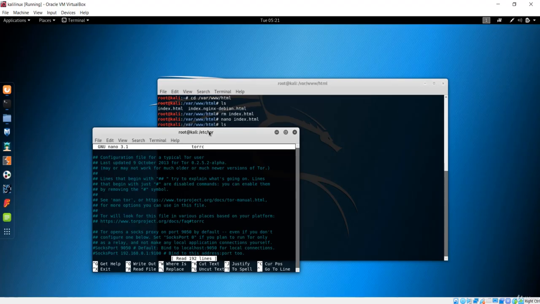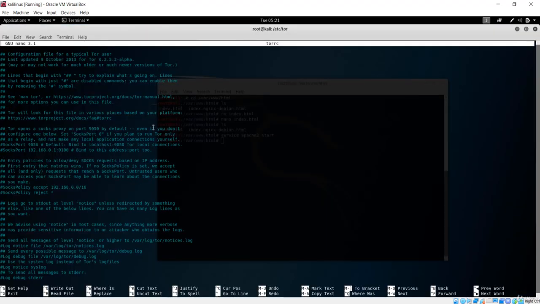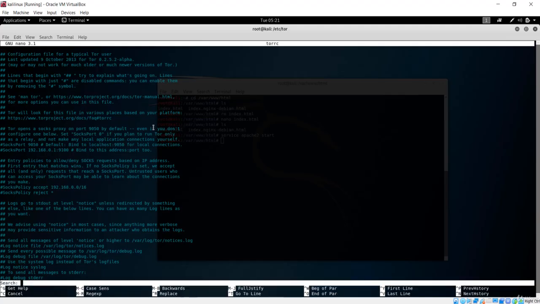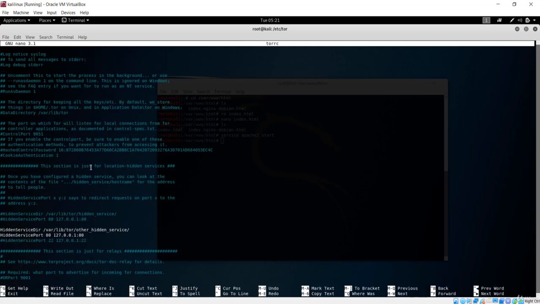You can see that we have this file over here. We have to search for something in this file, and that is the hidden services. In order to search in this nano file, you press Ctrl W, and you will see that search will appear at the bottom over here, and I'll just say hidden. If I hit enter, it will get us to this local hidden services navigation over here. Here you need to go down to HiddenServiceDir and HiddenServicePort. Just see here, and it should be commented out for you.